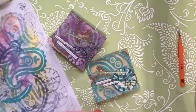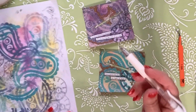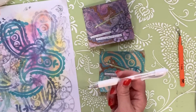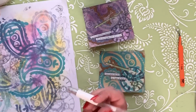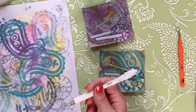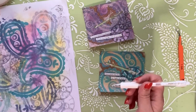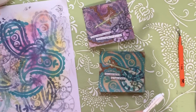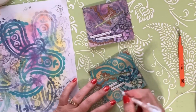And now I come back with my white Pilot G2 pen. Now I got these in a set of 3, and I did not pay as much for them as the link that I put in the last video, because I think that I got them at Tuesday Morning. It was a 3-pack. It had this and the gold and the silver, and I think that I paid $5. When I look online for them, they're like $11 and $12. So look around. You don't have to buy them online. Well, you might have to for a little bit, but...